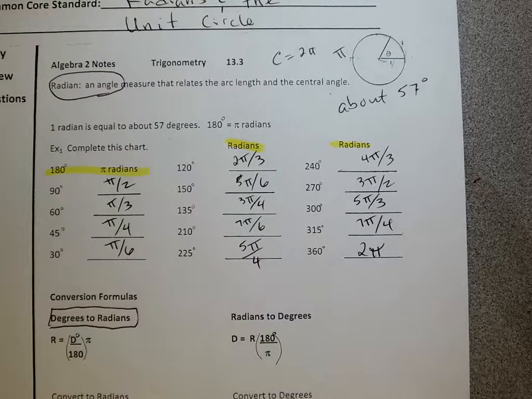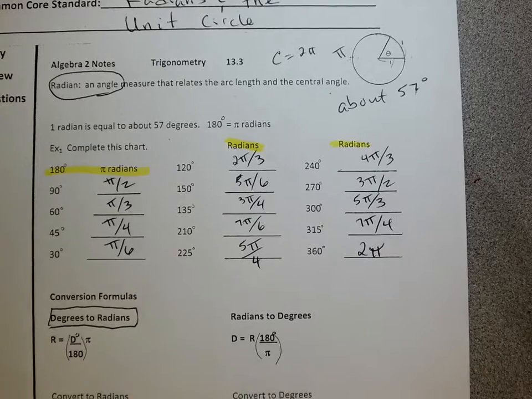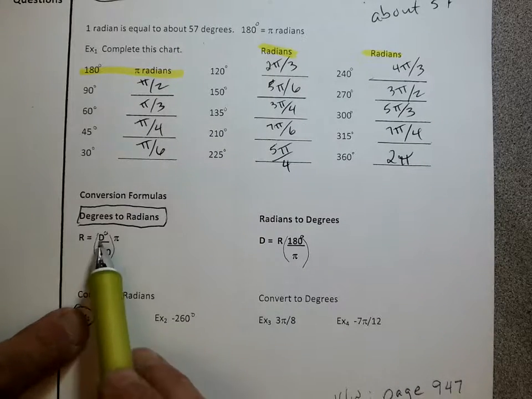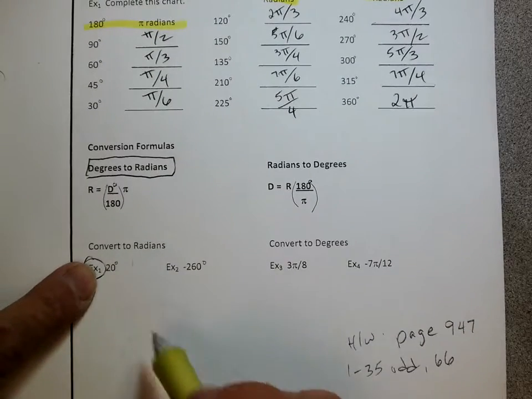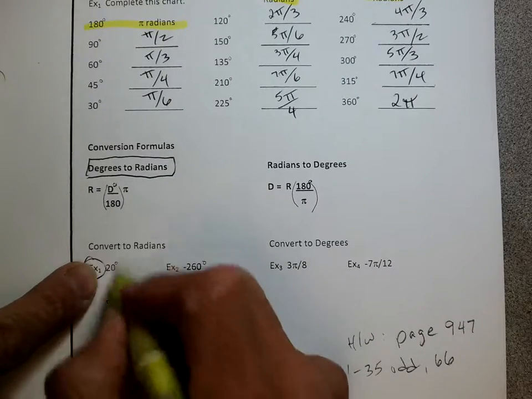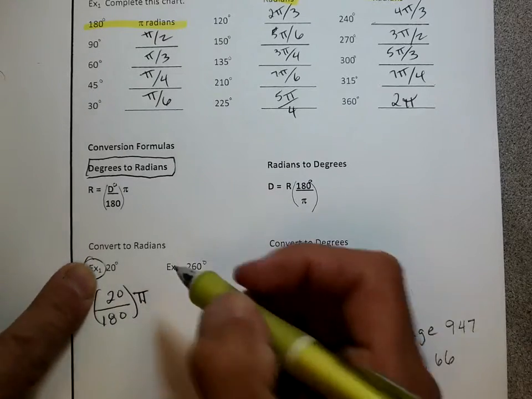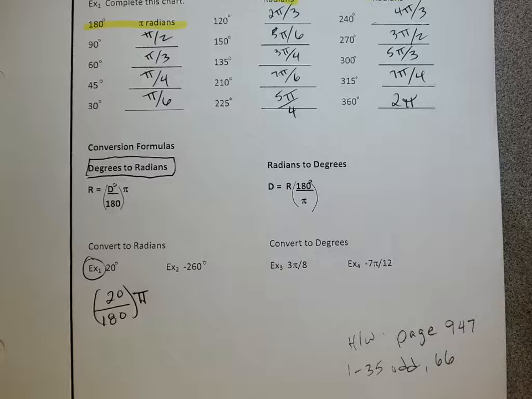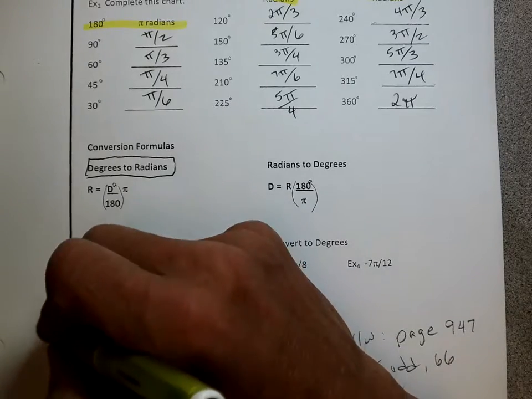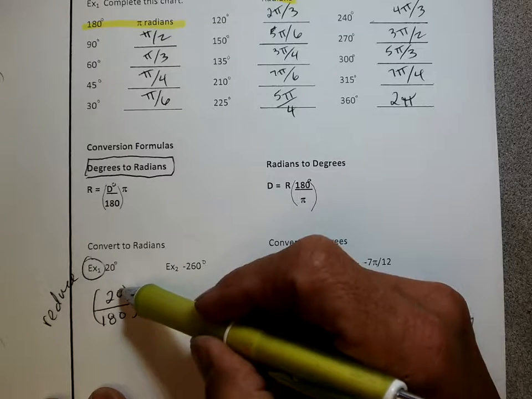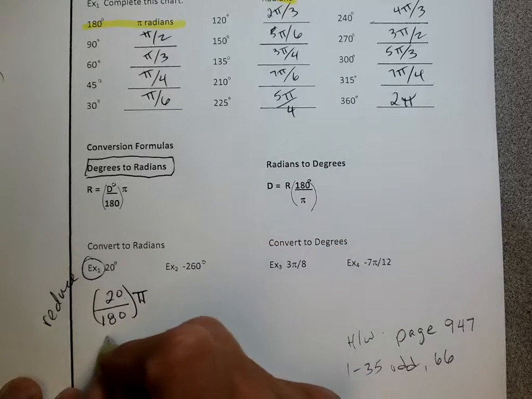So as an example, let's look at example 1. If we have 20 degrees, again, we wouldn't want to put 20 on our unit circle. Too many angles. It gets too crowded, right? So we're going to take our 20, it's a degree, put it in for the D. So we'll go 20 over 180 times pi. Now I can reduce this fraction. May as well reduce it, make it look nice. Reduce them both by 20, it's going to be 1/9